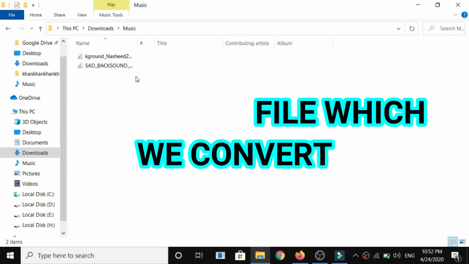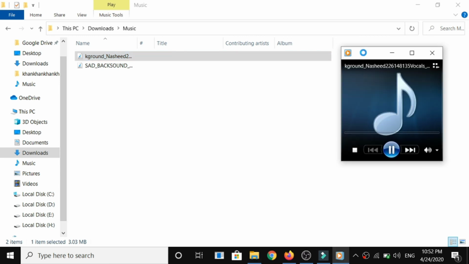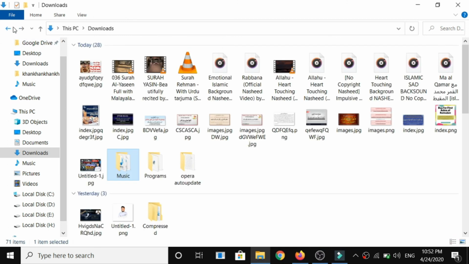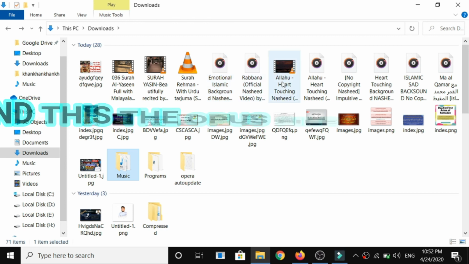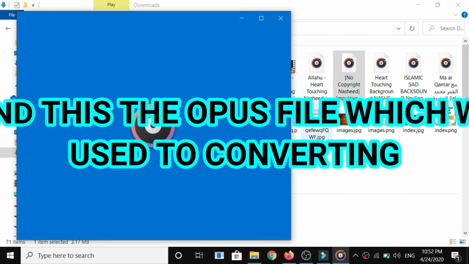Okay, this is the machine. And this one, set background, and come here. One is that in the OPUS file,